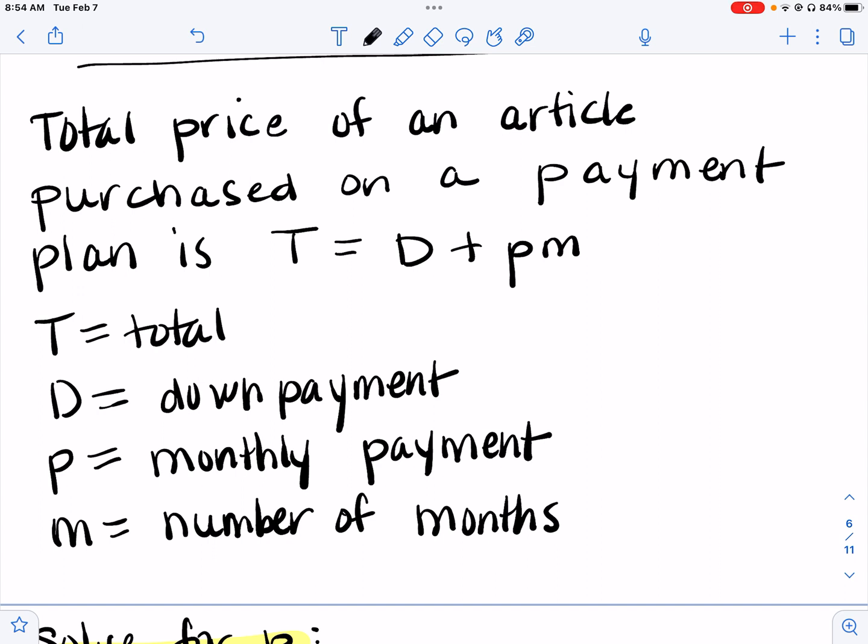The total price of an article purchased on a payment plan: T equals total, D equals down payment, P equals monthly payment, and N equals number of months. Okay, so the total is your down payment plus what you paid monthly. The total that you've paid monthly is how many months you've paid times what the payment is. So PN equals the monthly total, how much you've paid